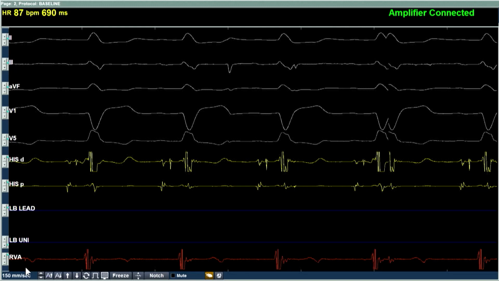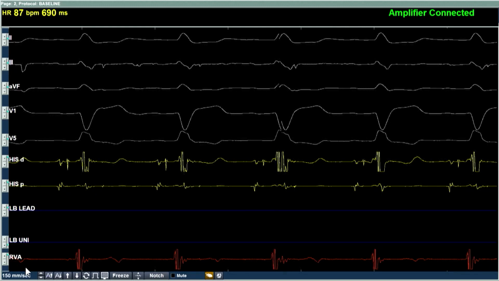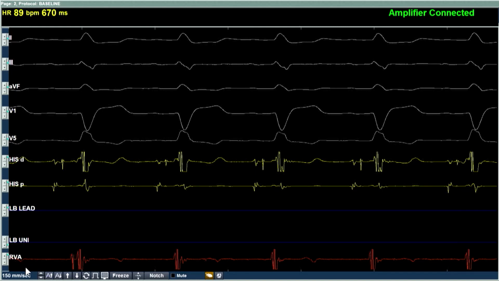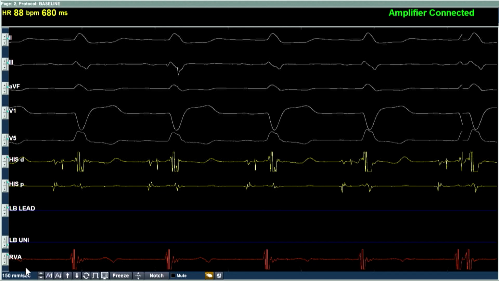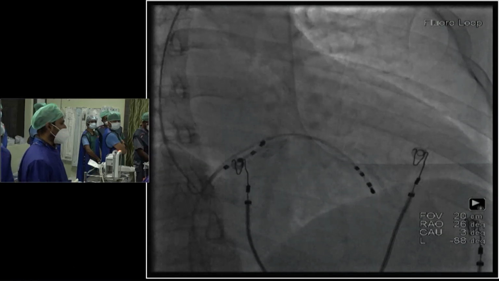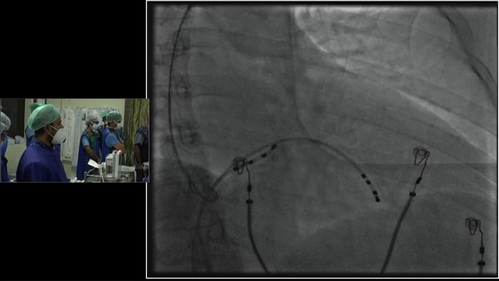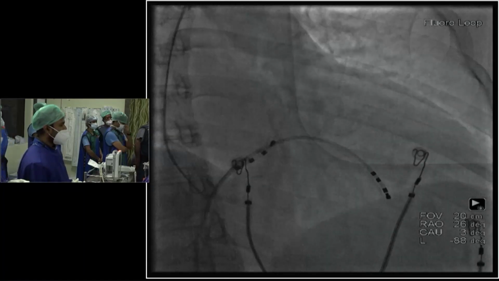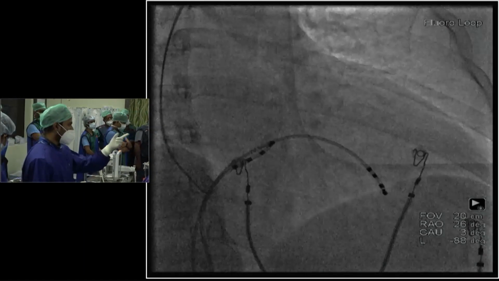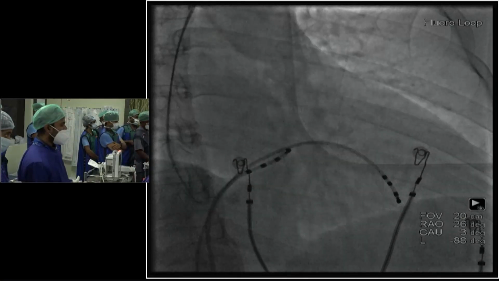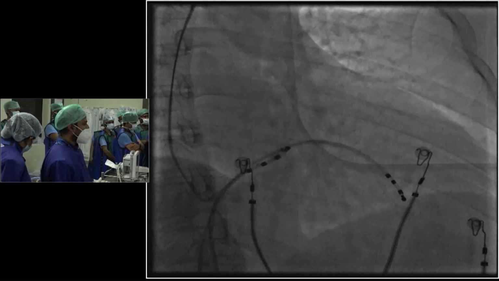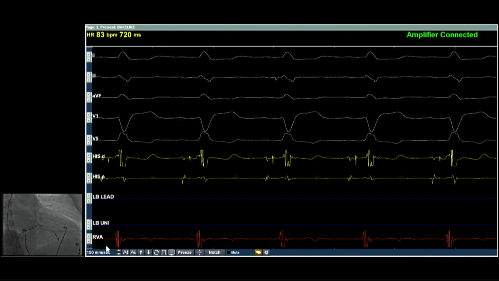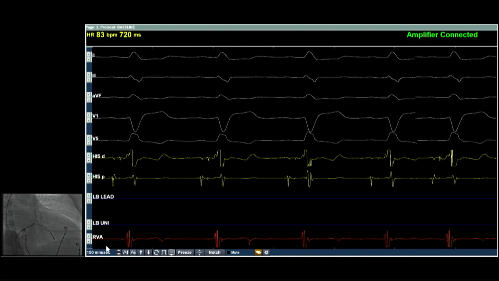Can you go to RAO, fluoro? So now this is the current location. Can you show the focus on the fluoro screen, please? Can you switch over to fluoro? I'll just try to push the catheter in a little, towards the His. Now you can give the EP signals simultaneously in the small box, and fluoro in the main. Yeah, that's perfect. So push it in a little. Yeah, now you can see.